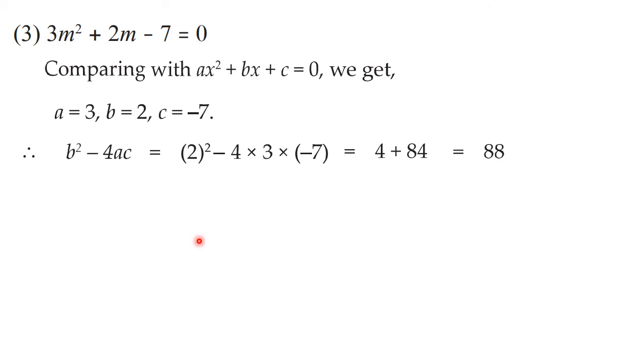But before going ahead, I want to discuss one thing with you. See, in the first question here we got 16, which was a perfect square. So the roots we got, they were rational roots. In the second case, we got 17, which was a prime number. That means it was not possible for us to solve it further. So we got the answer as irrational numbers, very easily.